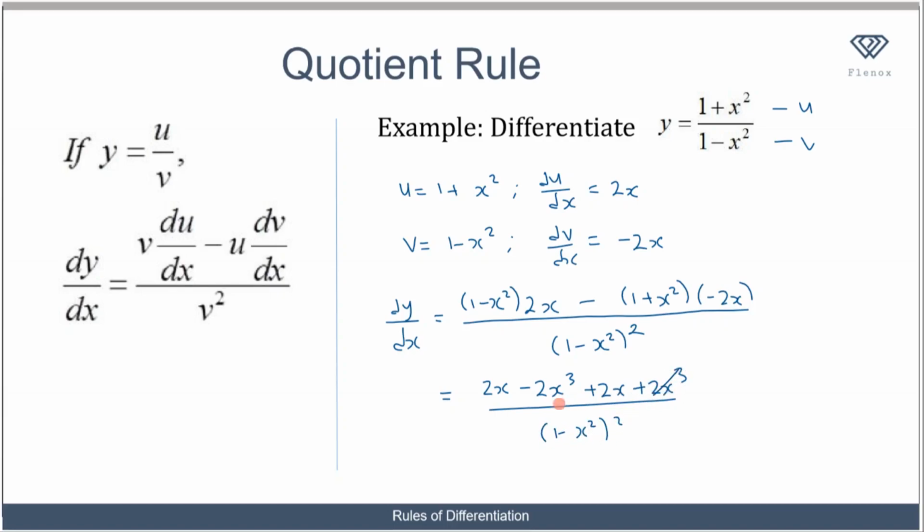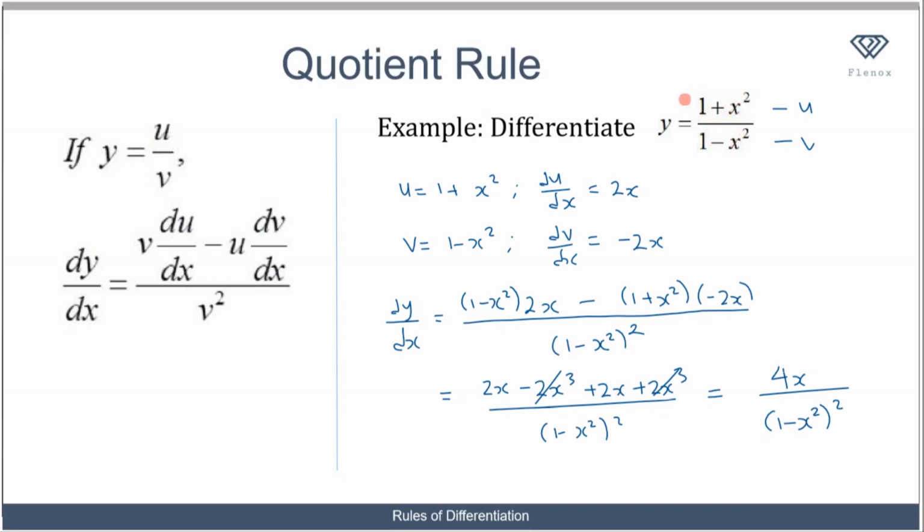So this term cancels out this term. 2x plus 2x gives me 4x. So this is the same as having 4x over 1 minus x squared all squared. So pretty straightforward. So to recap, when you have